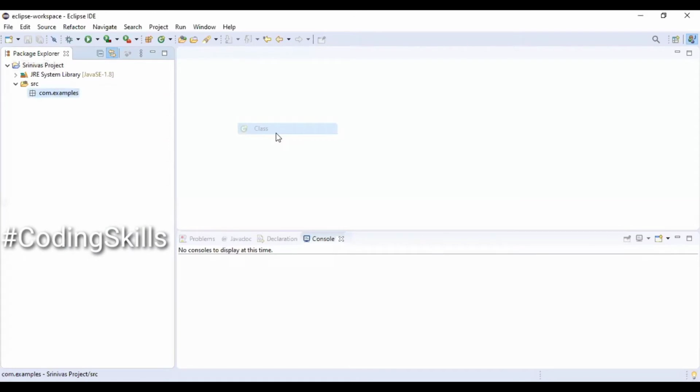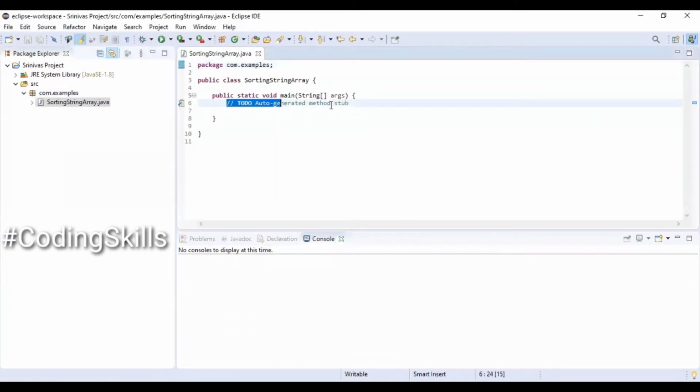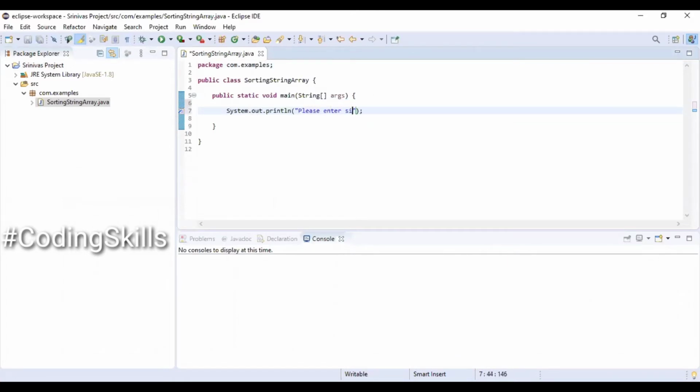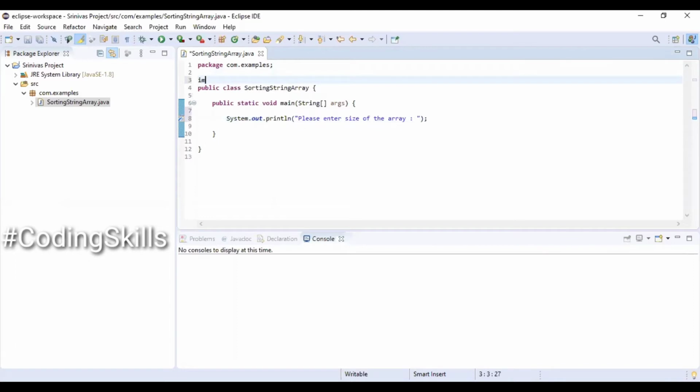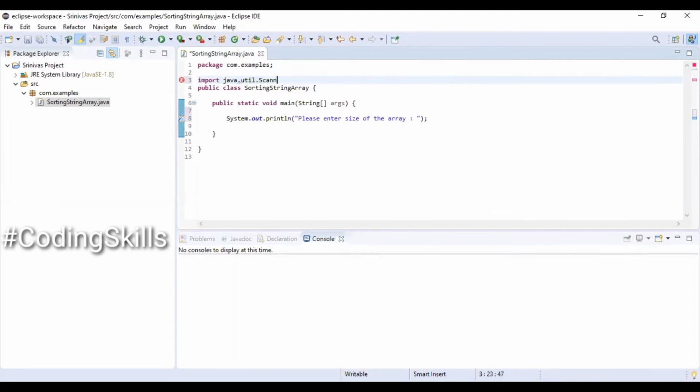Creating new Java class and naming the file accordingly. Also choosing public static void main method. Removing the TODO statement. Printing a message on the console requesting the user to enter the size of the array. Importing the Scanner object from the util package in order to read some data from the keyboard.